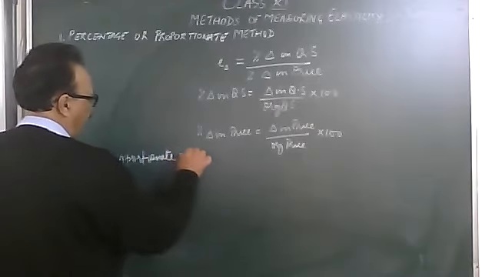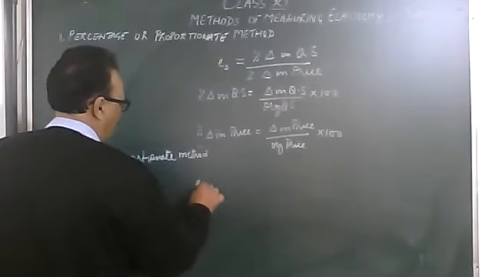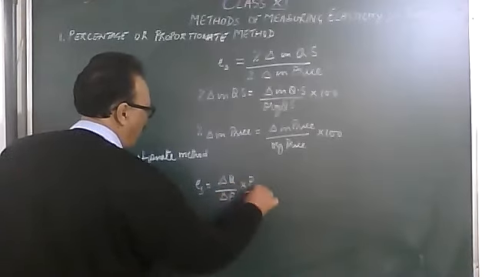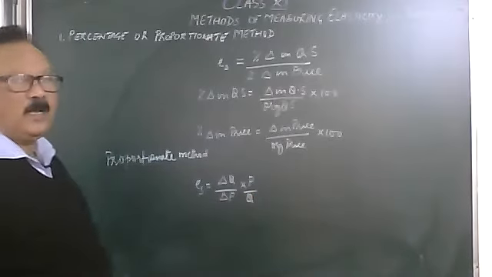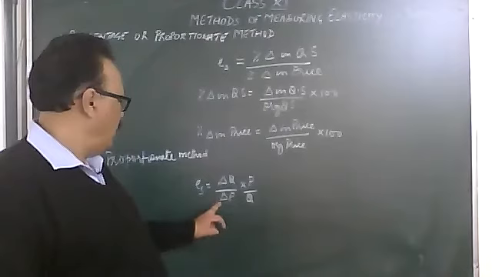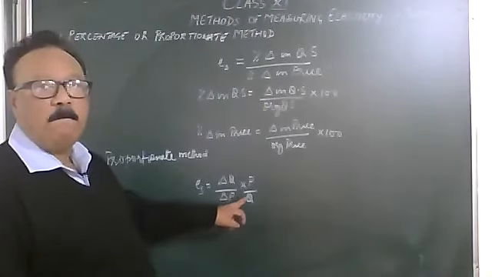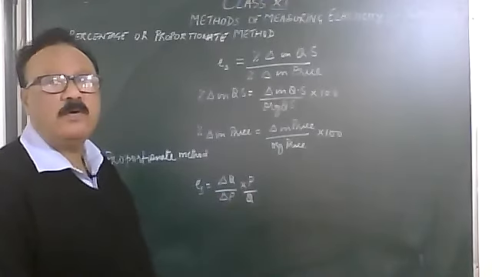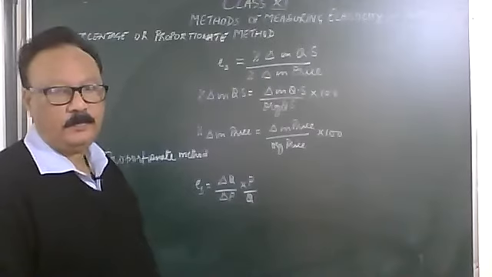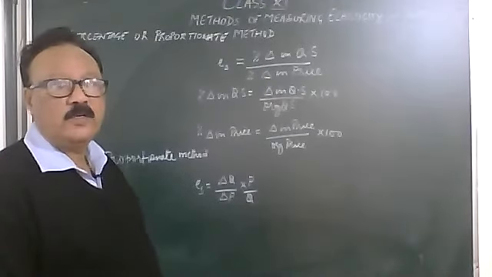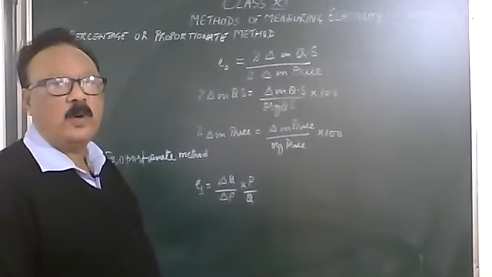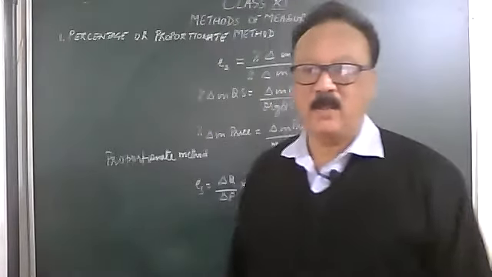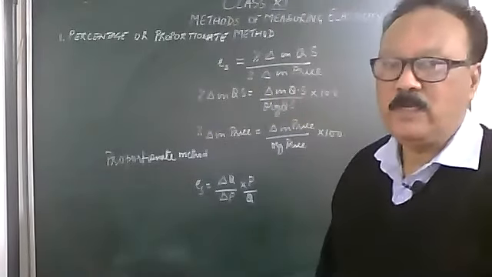In the proportionate method, ES is equal to delta Q upon delta P into P upon Q. Delta Q stands for change in quantity, delta P for change in price. P here stands for the original price. Q stands for the original quantity. Is that okay, children? These are the two formulas on which we are going to do today's numericals. So copy down this, and also I will do a question.